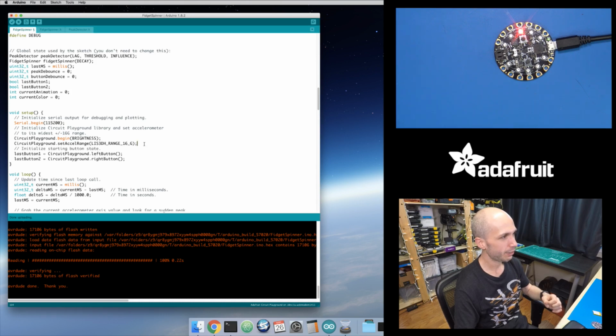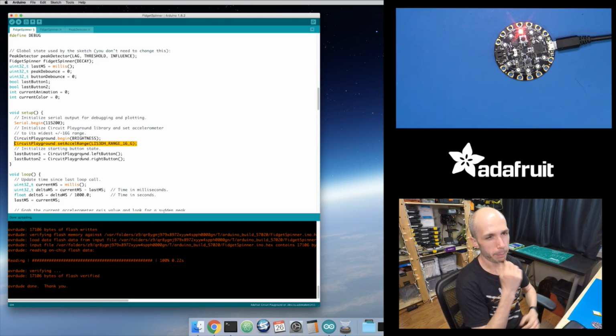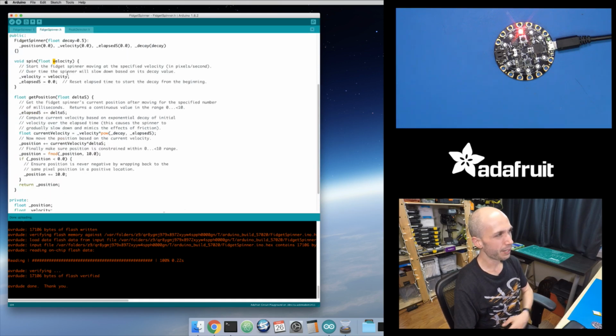So I change it to the 16G range. That's the widest range for this accelerometer, so it's able to detect really large values. But in practice, I'm going to get acceleration values from like -16 to +16. So I know I shouldn't see values that are like 3,000 or something crazy. A value like 16 pixels per second is pretty fast, but I could scale that value if I wanted